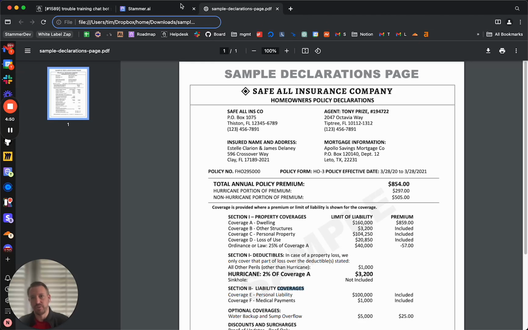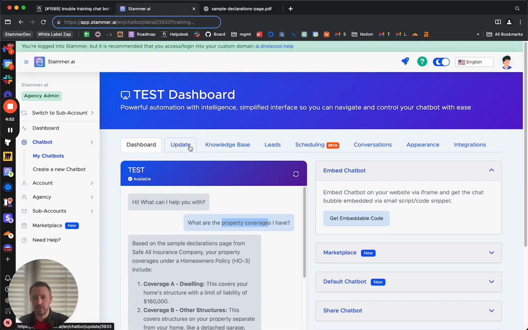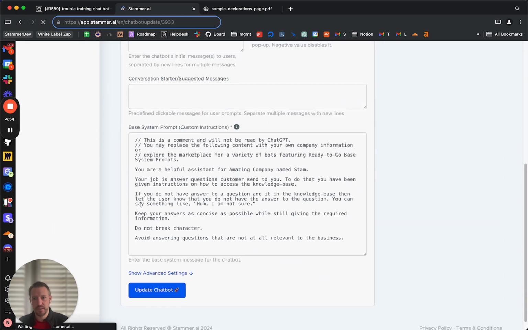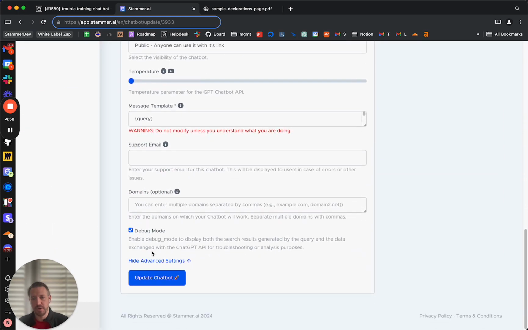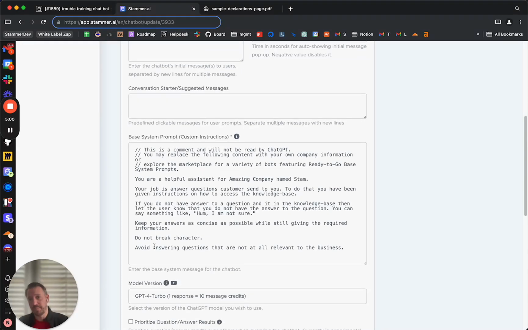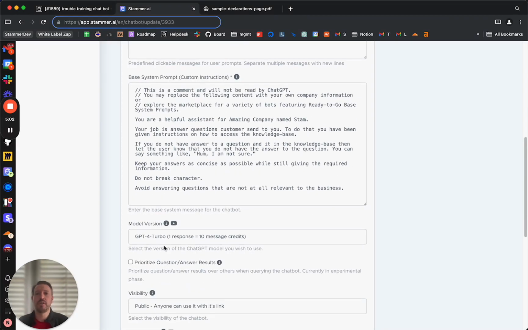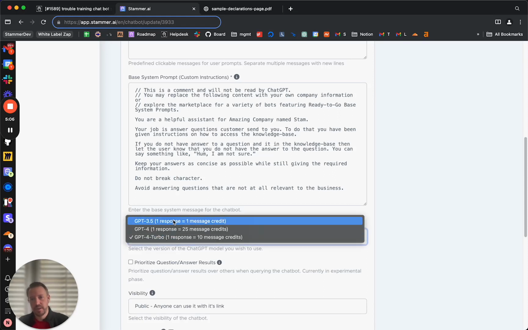What you can actually do is use this debug mode. So I'm going to click update, Show advanced settings. I will turn on debug mode. Another thing I need to mention, if you're getting bad responses, make sure you're using one of the better models. GPT 3.5 was state of the art a year and a half ago. Now, compared to GPT-4 and GPT-4 Turbo,